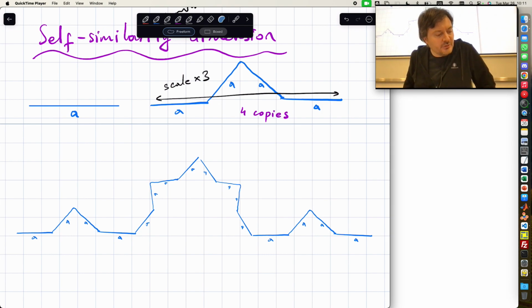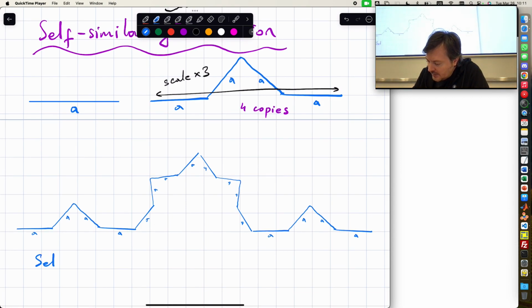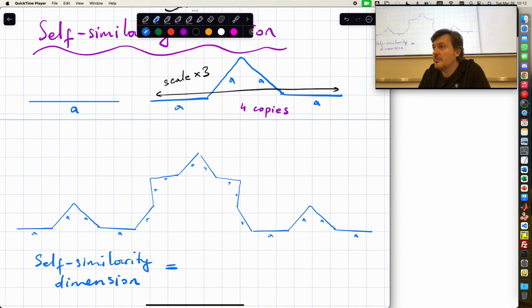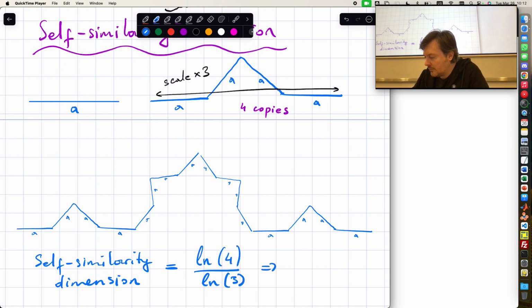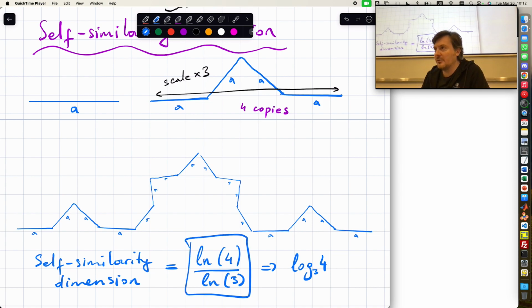So self-similarity dimension tells us that the self-similarity dimension of this object is what? Not base 3, 4, right? Yes, like ln 4 over ln 3, or as you said, this corresponds to log base 3 of 4. But this is how we are going to work with it. Okay, so what is ln 4 over ln 3? It's something between 1 and 2,